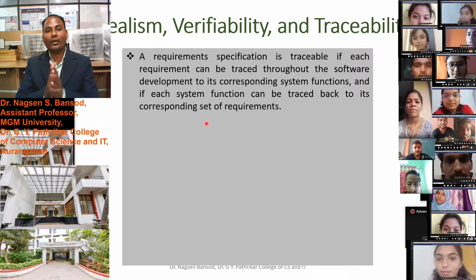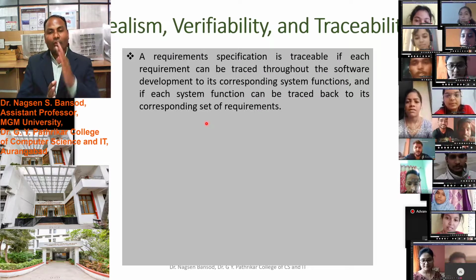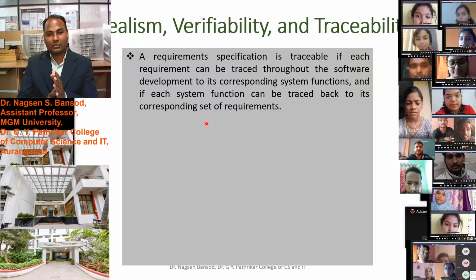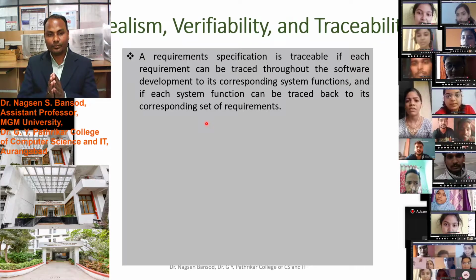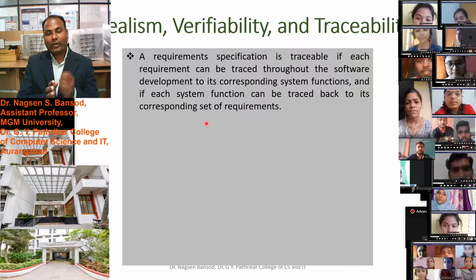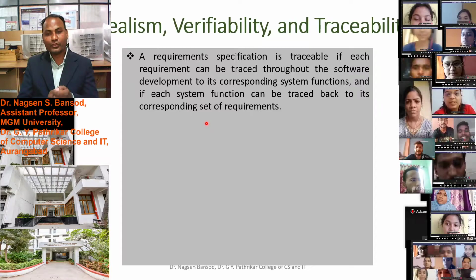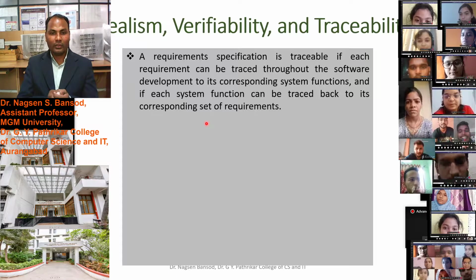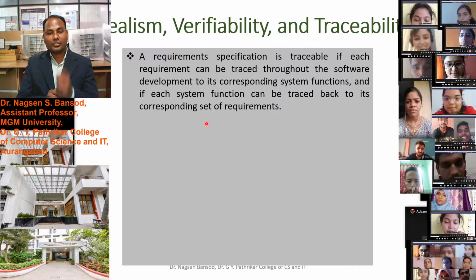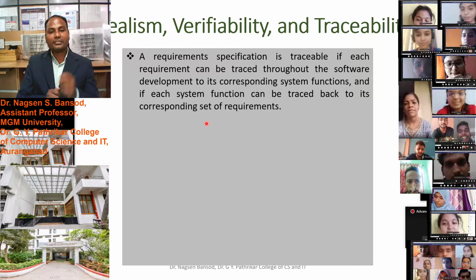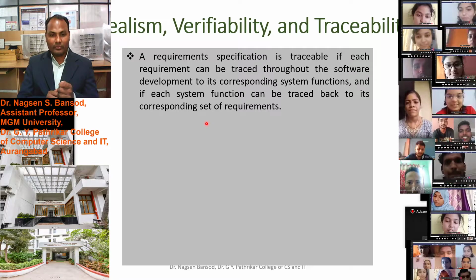Suppose there is a fault in the system, then we have to easily find that fault; that is traceability.